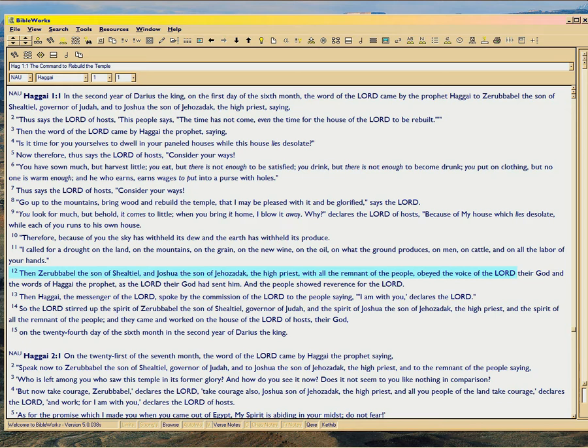rebuilding the temple of their thoughts. They're using 1 John 1:9. They're getting under a pastor. They're learning the Word of God. And yeah, it's hit and miss, and they're making all kinds of mistakes, and they have spots of drought in their lives. But the trend of what they're doing is they're sticking with it. And so they're, like Zerubbabel and this group, building their temple of their thoughts of God. The Word of God is building in them. They obeyed the voice of the Lord as God sent him, and they showed reverence.